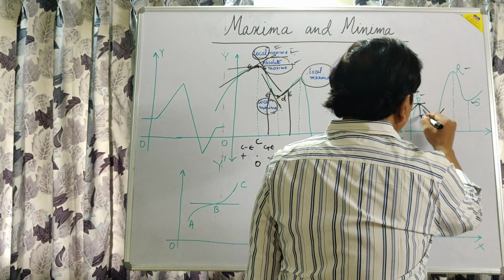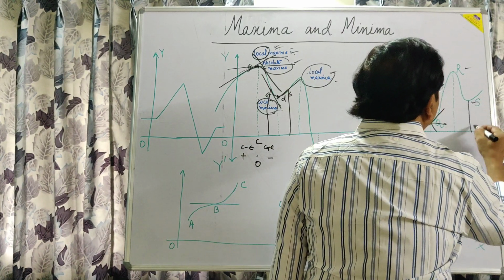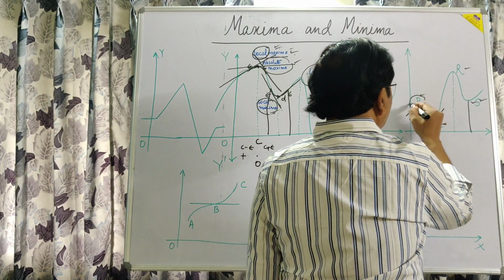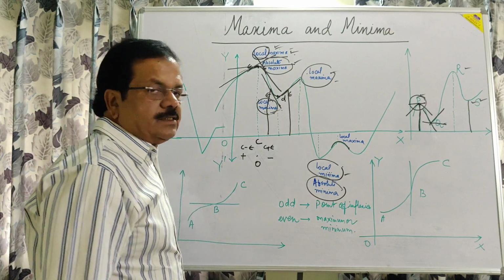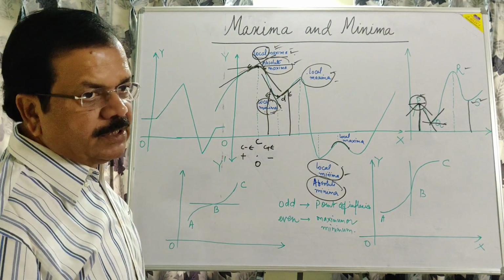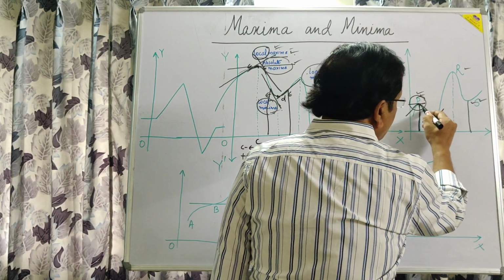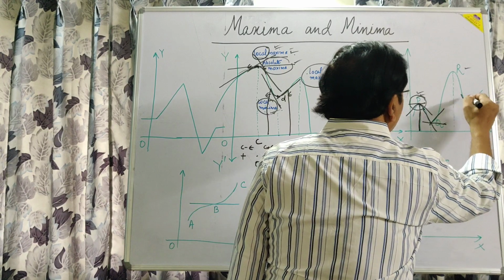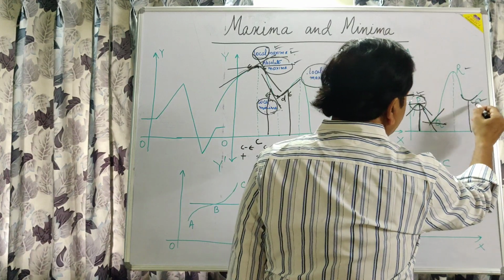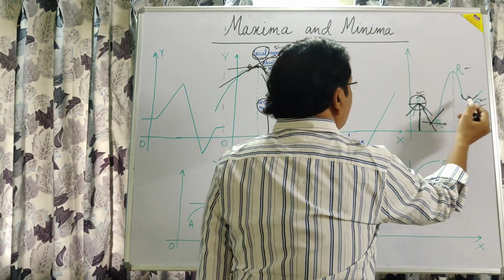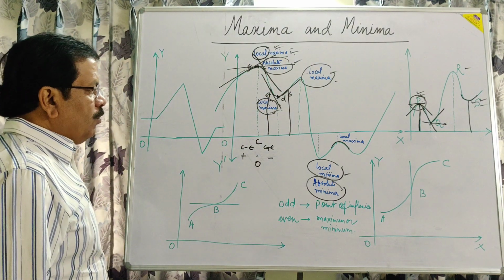But whatever this value is, it is less than this value, but this is the minimum and this is the maximum, and that is why it is not necessary that a local maxima is the maximum value from all of these. This is the maximum with respect to its neighborhood. This is the minimum with respect to its neighborhood. But once we compare with this point P and C, this value obviously will be more than this value. Okay, and this is the concept of local maxima and local minima.